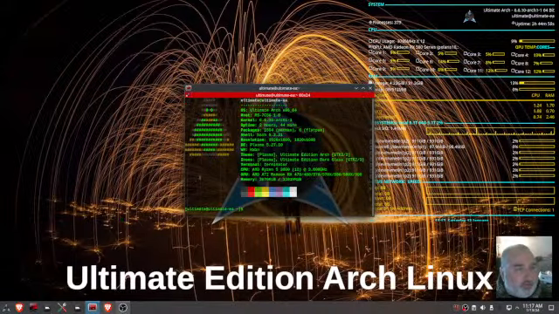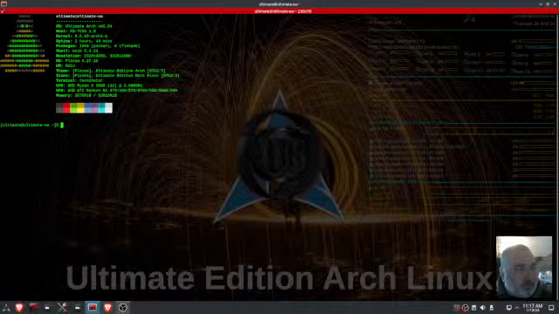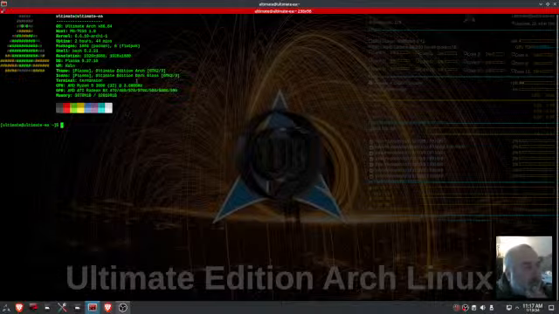Is that the terminal? Yeah. Like the transparency, the opacity.